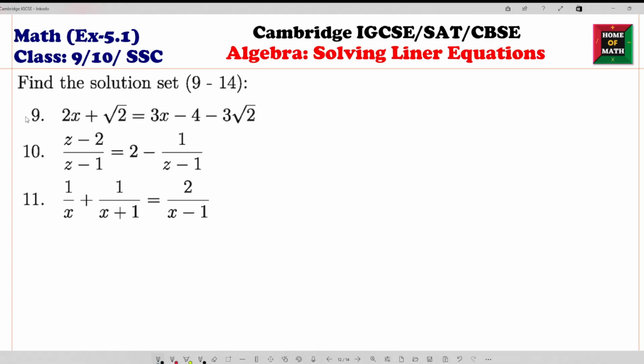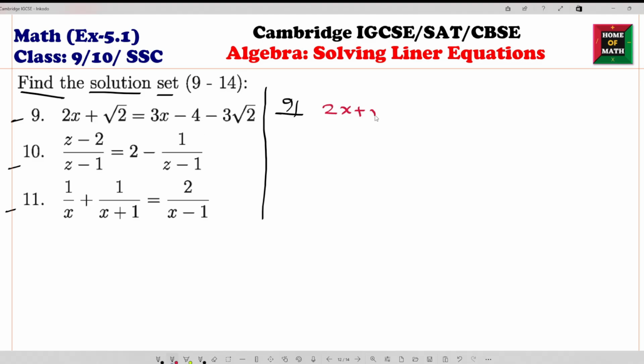Today we are going to solve these three linear equations where we will find out the solution set. Number 9, number 1 to 8 we already solved and you will get the link in description box. First,